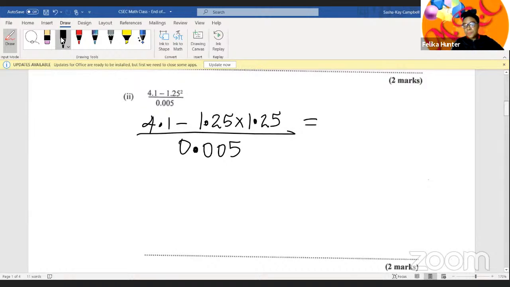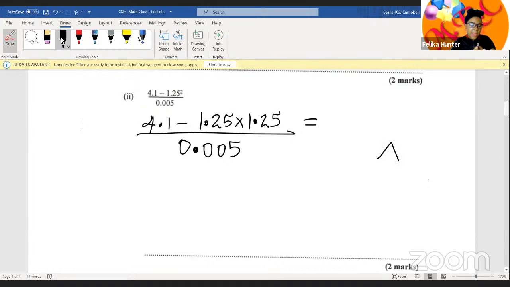And you could also have put the numerator originally in the calculator without rewriting 1.25 square as 1.25 times 1.25. So what you could have done is on your calculator, you would press 4.1 minus 1.25, and I know you might not be able to see, oh, yeah, you can see. All right, so if you're able to see, maybe not, but there's a little arrow on your calculators for some